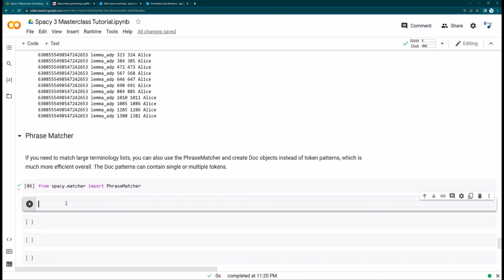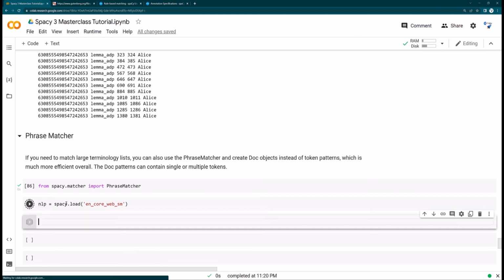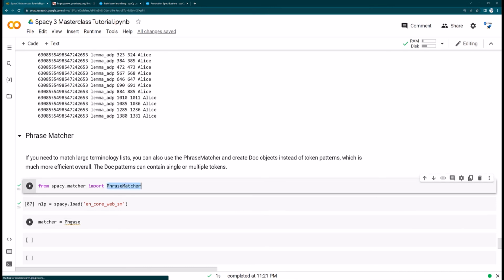libraries here. So once you have the PhraseMatcher, now you need to get a fresh NLP object. So I write nlp equals spacy.load, and I'm going to load the English core language model, a small model here. Thereafter I want to create a matcher. The matcher which I want to create here is matcher equals PhraseMatcher, which we just imported,